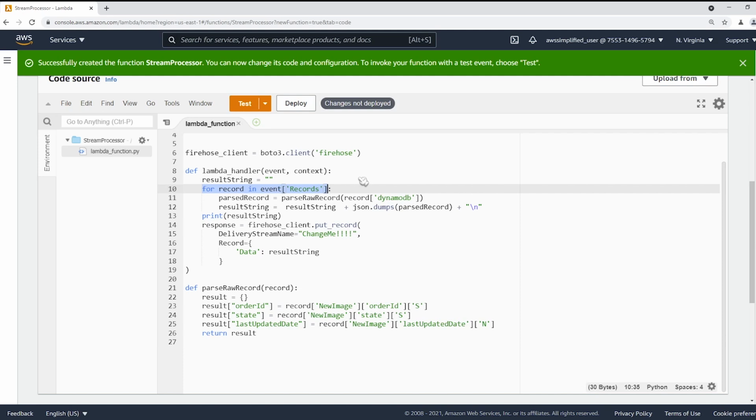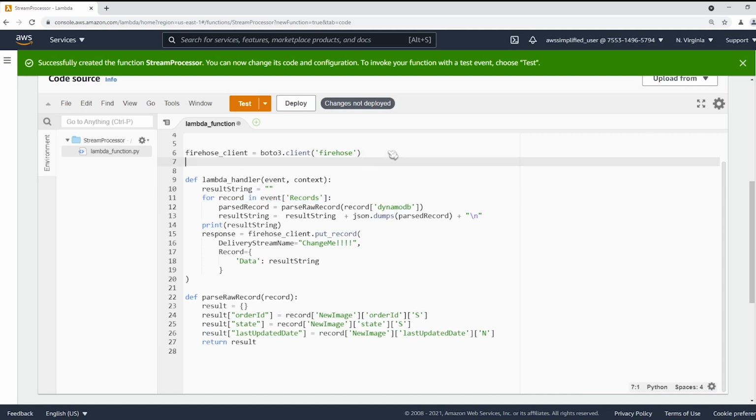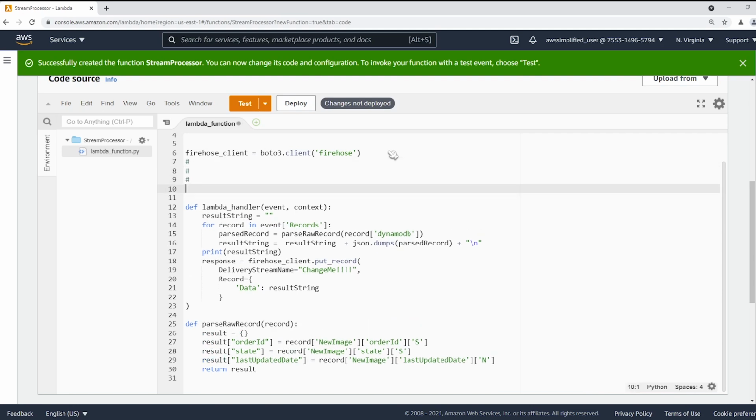And what we need to do is output them in a very particular format. Let me show you what it looks like. So let me just put some comments here really quick. It needs to be in this format just because Firehose and S3 and Athena are all pretty wonky. So if you have multiple records per event, you need to create a string that essentially looks like this. It's got your key here and your value. And then on the next line, it needs to be a new record, right? And then that'll be your key and your value.